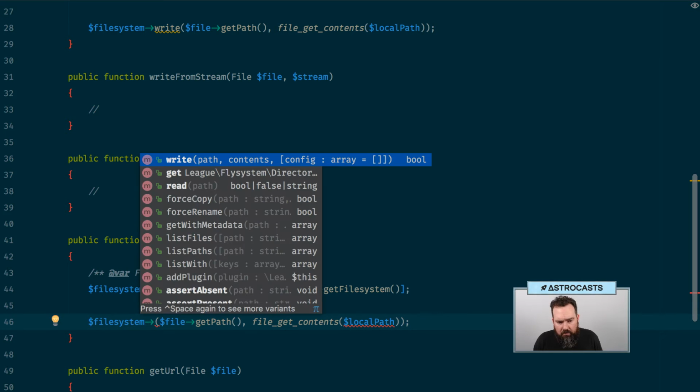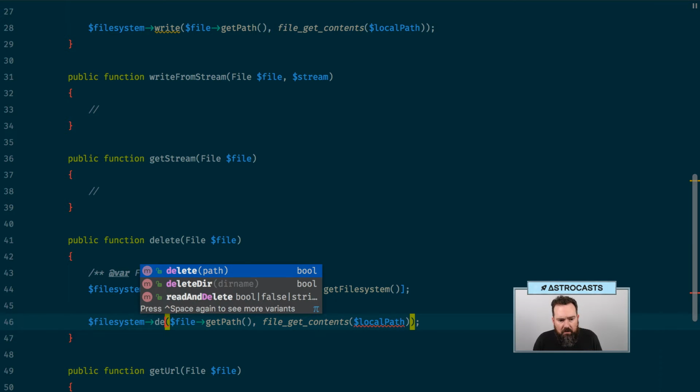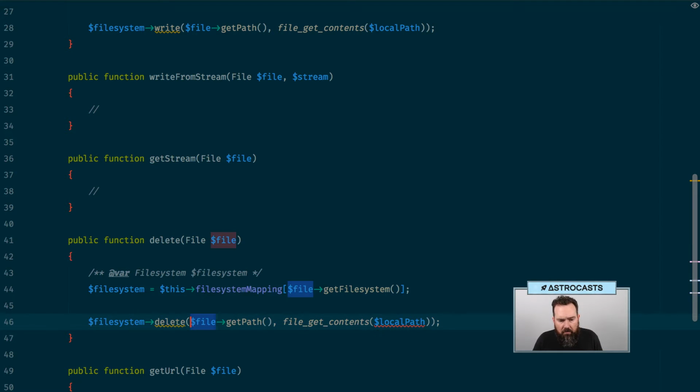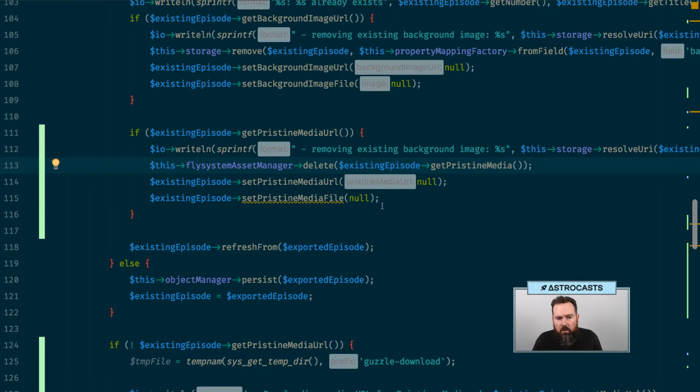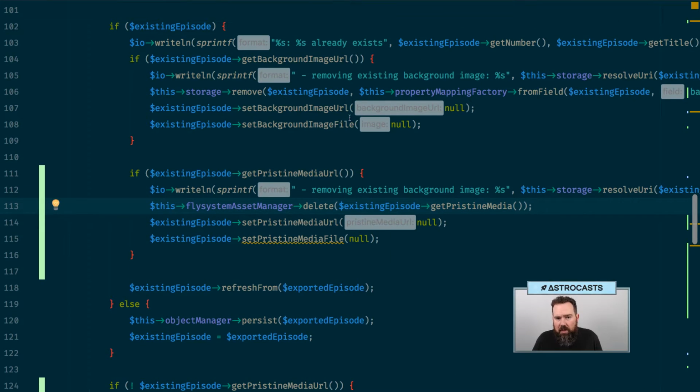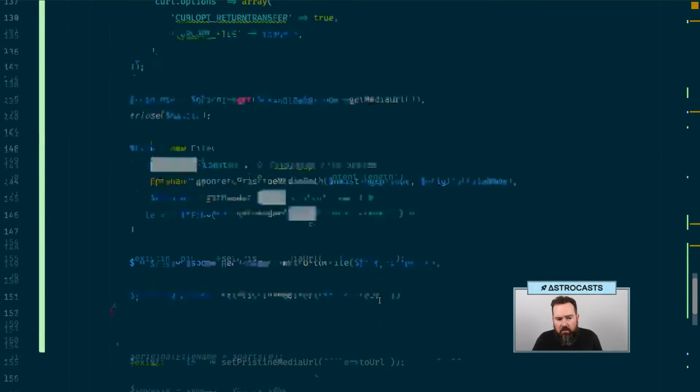System. What functions do we have? Do we have delete? Yep. There we go. Delete path. All right. So what I'm expecting here is that both the background image and the